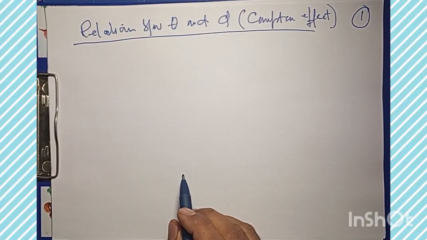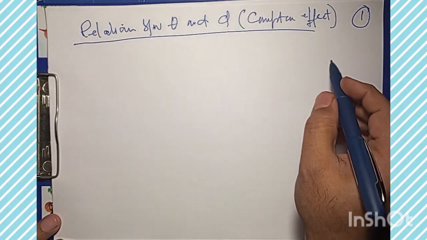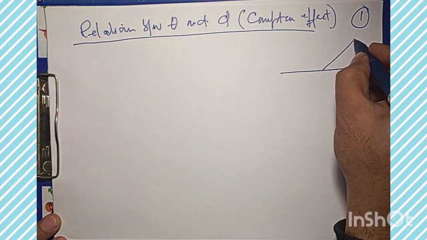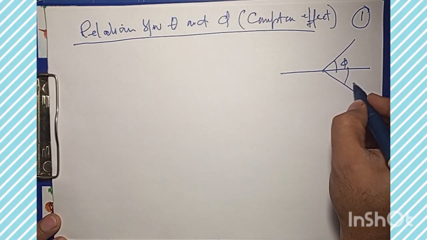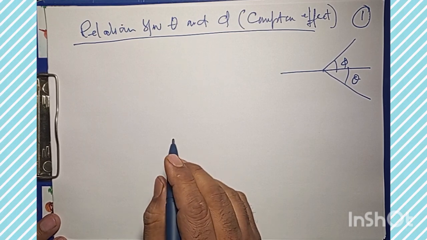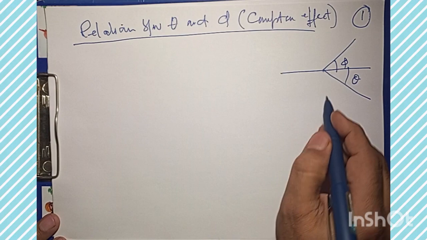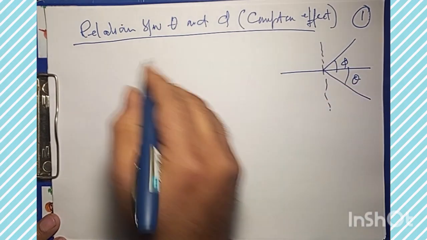Now let us proceed with the Compton effect and try to obtain the relation for theta. If we rightly remember the Compton scattering, it was like this. Now this is phi and this is theta. So, going back to the two important equations in terms of conservation of momentum, what we have is